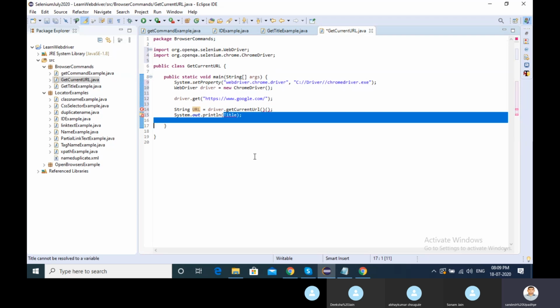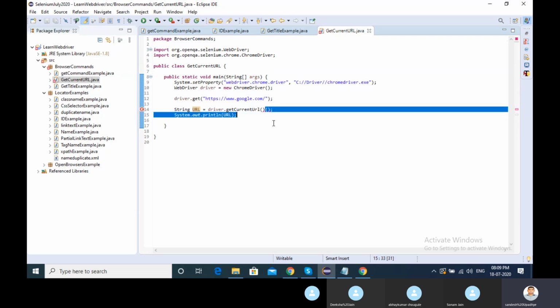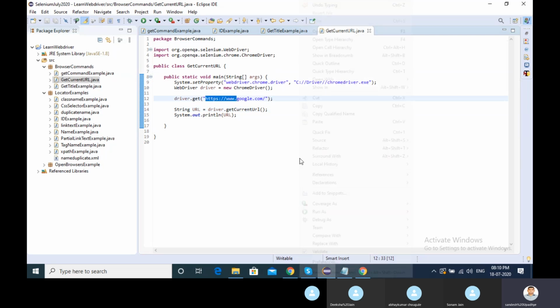Let me put it in URL way, save it, and run. So whatever the Google URL is, that will be printed, only printed.